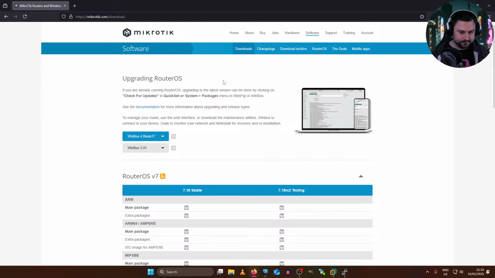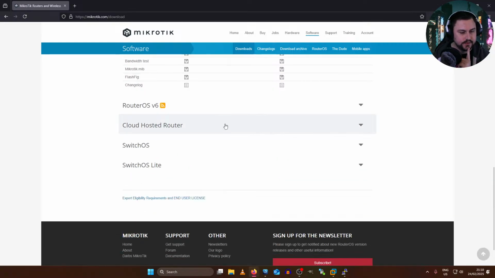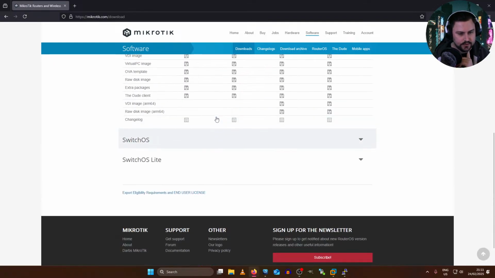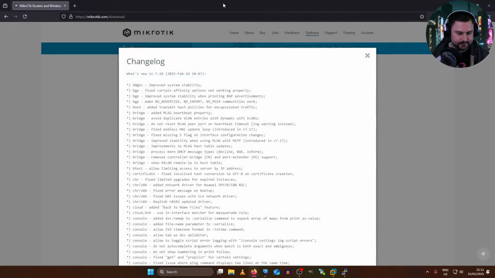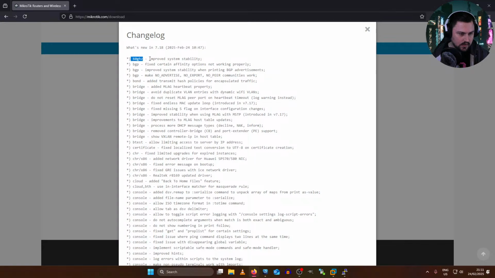Software. Let's see, we've got RC, or we've got 7.18 changelog. So Wi-Fi, I'm not too perturbed about.